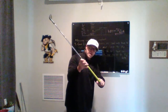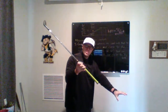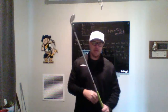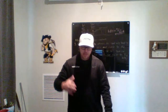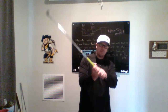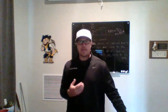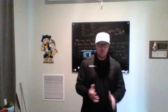You want to have that butt end of the club pointing at the golf ball, or actually a little bit outside the golf ball is good, is a good area as well. A foot outside the golf ball is a good area to be in. But typically anywhere in that area at the golf ball is going to be a pretty good position to be in. That means that you've got that club relatively on plane. You're not going to have to make any crazy compensations in the downswing to get it to come down on plane like standing up. The other reason why people might stand up is because of the way that they are